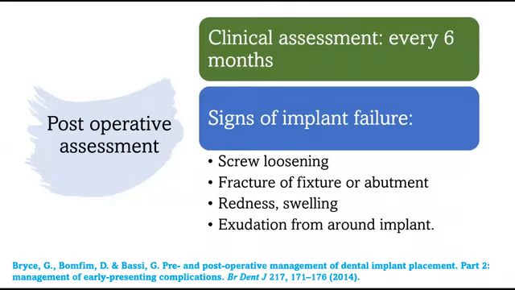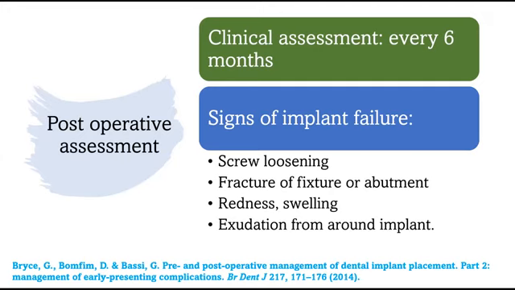For post-operative clinical assessment, the patient must be assessed every 6 months, starting from the first 4 to 6 months after the initial healing of the implant. The clinical signs of implant failure include peri-implant radiolucency, indicating bone loss. The acceptable bone loss is 2 millimeters of circumferential bone loss in the first year, and in the following subsequent years, 0.2 millimeters is acceptable. The second criterion, a radiographic criterion depicting failure of the implant, is the widening of the periodontal space of the adjacent teeth. This indicates poor stress distribution.